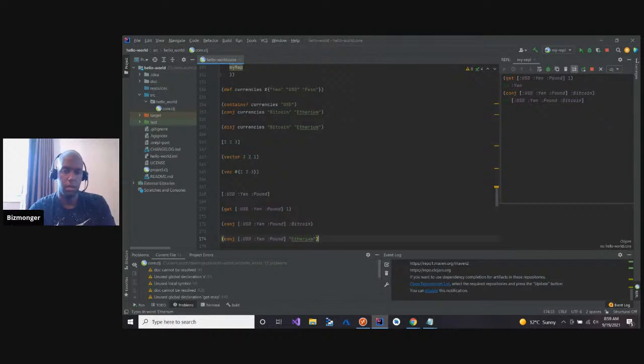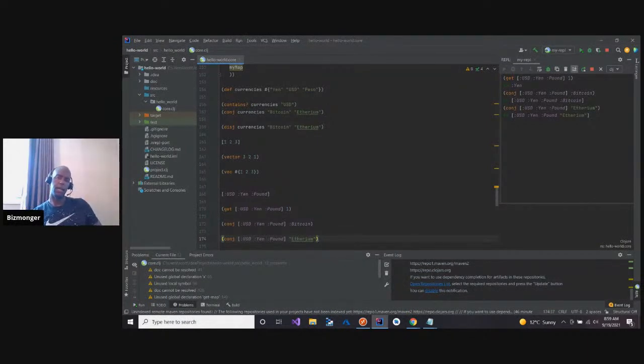I can't spell, whatever. Okay, so you can mix types within a vector, and I would assume you can mix types within all enumerable structures in Clojure. Now, I'm not sure if you should, but it looks like that's what it is.